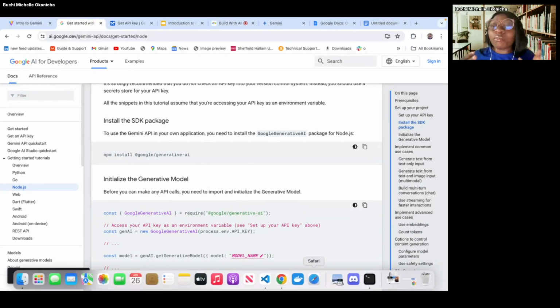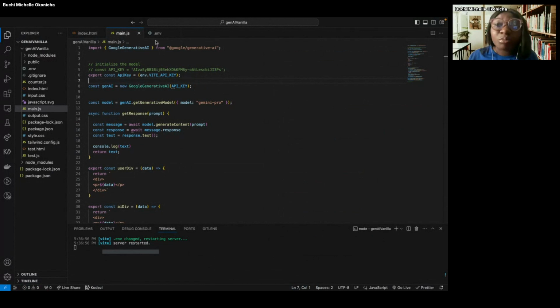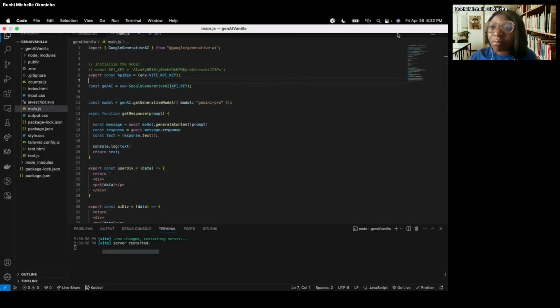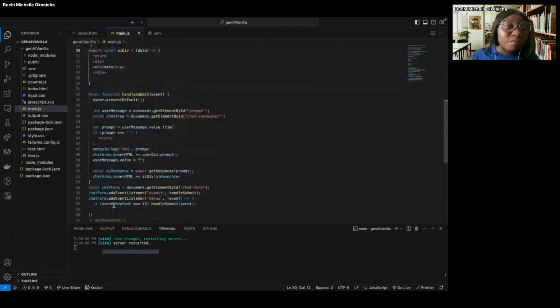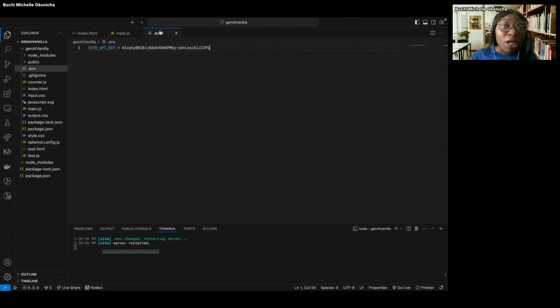Now, I'm using Vite. If you're a web developer, I'm sure you know Vite already. So I've already created my project because I know I will not be able to code here. I know it will take a lot of time. So the first thing that we'll do is you create a .env file and you put your